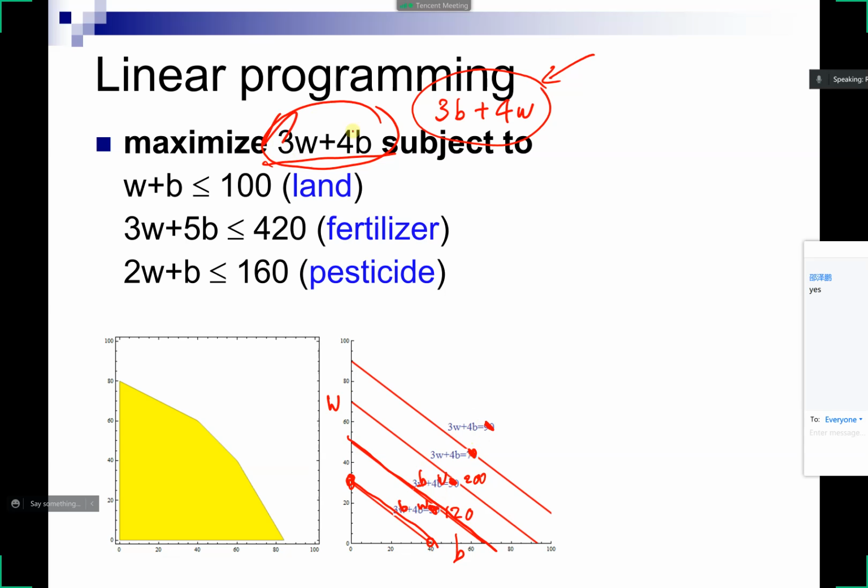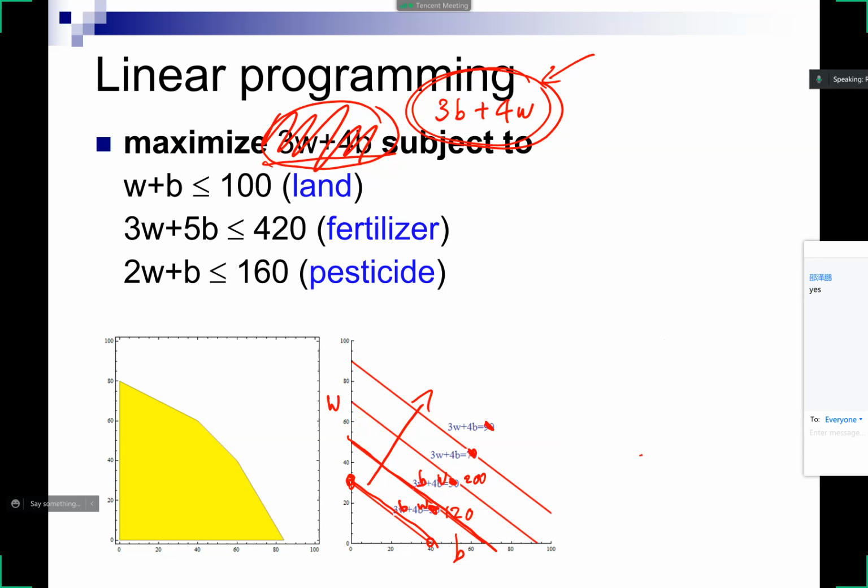Now, suppose that we're actually trying to optimize this function, 3b plus 4w. Then what you see is that as you move these lines upwards and to the right, the values that you're getting are getting larger and larger. So for example, here, what do we have? 3b plus 4w, wait, so this is,